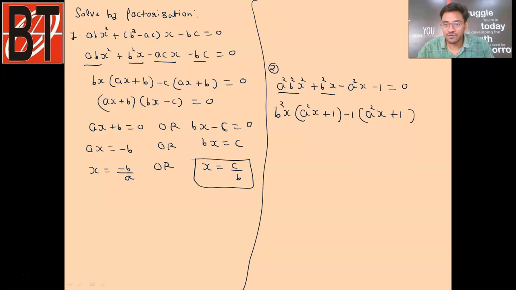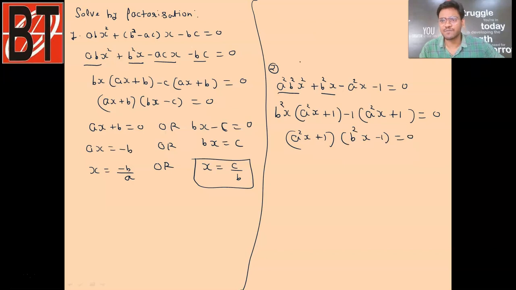So now it's equal to 0, okay. Don't forget to write equal to 0, okay. Some students do factorization but not complete the equation by writing equal to 0, okay. So then your marks will be deducted surely, okay. A square x plus 1 is the complete common factor, okay, and the next bracket will be b square x minus 1 is equal to 0.